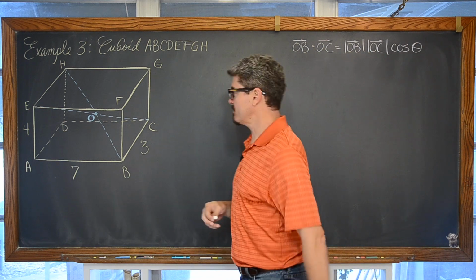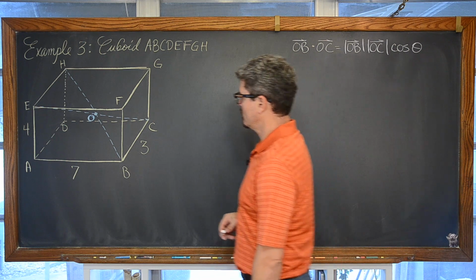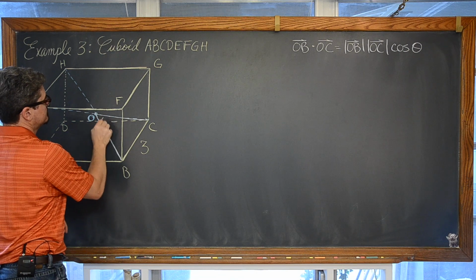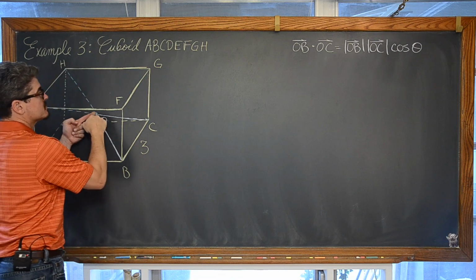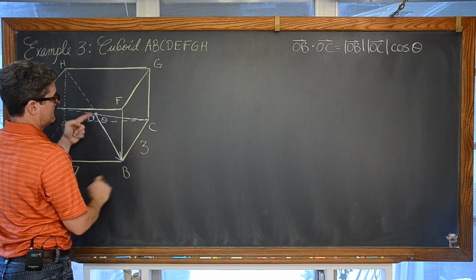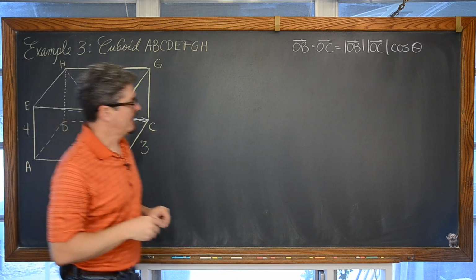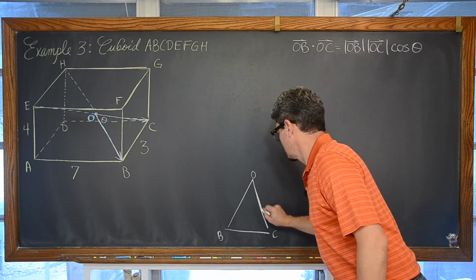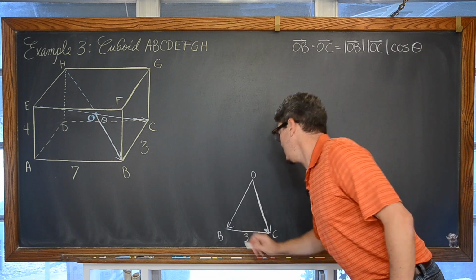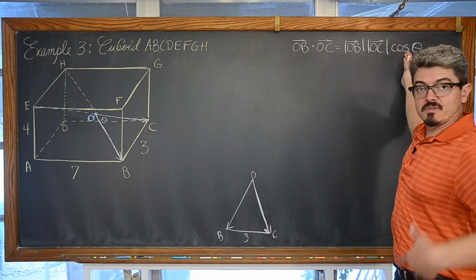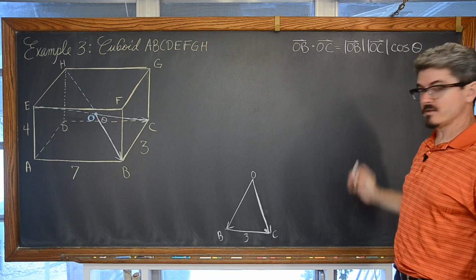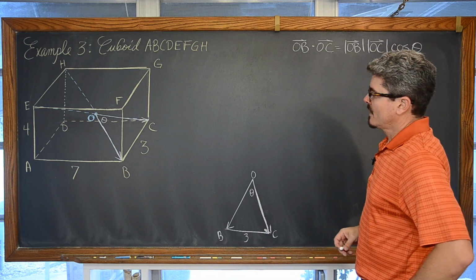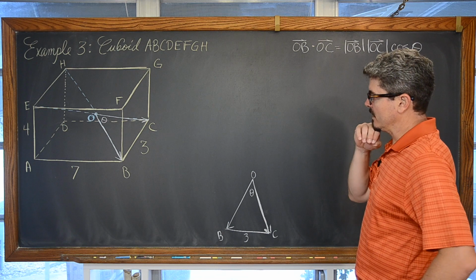So what we're really concerned about is working with this triangle here, and theta is going to be between vectors OB and OC. And just for clarity's sake, I think I'm just going to take this out. I know that this length is 3, but that's really not going to be very useful for directly substituting into this question. So yeah, we have a lot to find here. Okay, so let's start somewhere.